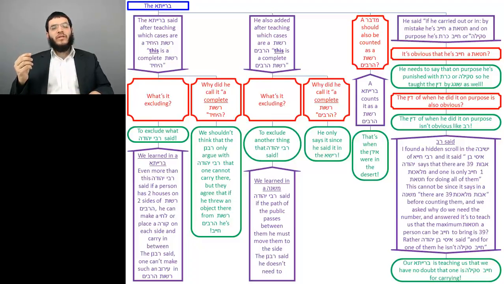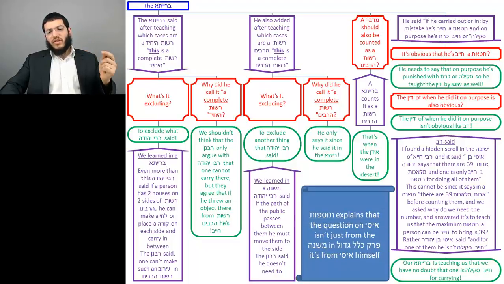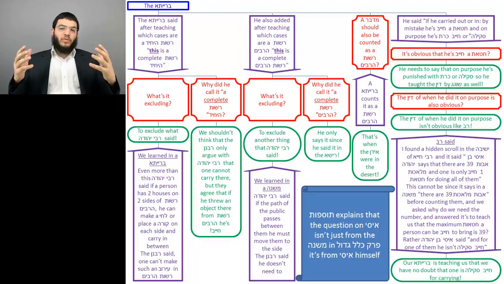Rabbi Yochanan explained that it's telling us the number in order to teach us that by saying there are 39 melachos, if a person did all 39, he'll have to bring 39 chatas offerings. So the Gemara said, how can Isi say that if a person did all 39 melachos, he only brings one chatas? So Tosfos explains that the question on Isi isn't just from the Mishnah in Perek Klal Gadol, because the truth is Isi is allowed to argue on the Mishnah in Perek Klal Gadol. He's able to do that since he's a Tanna.